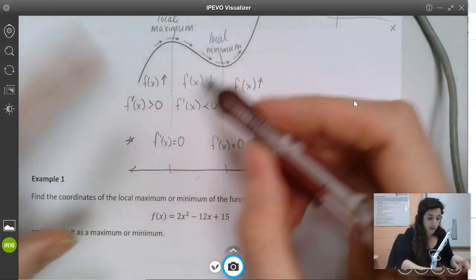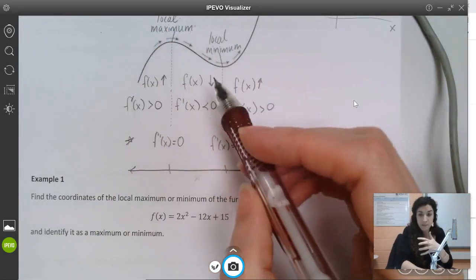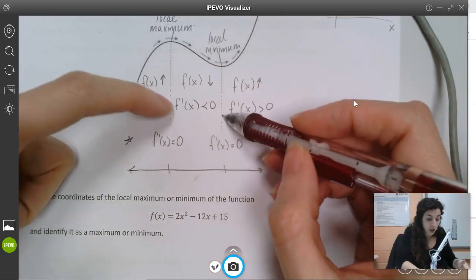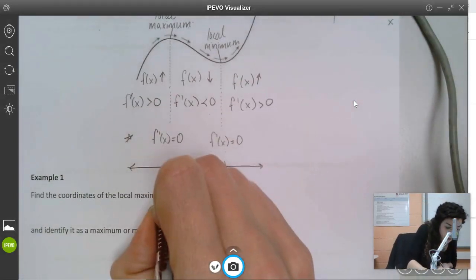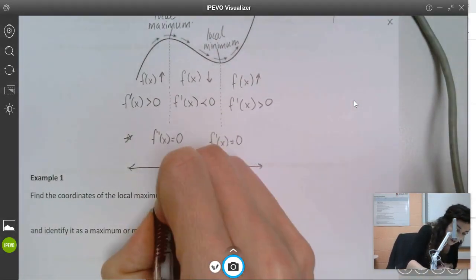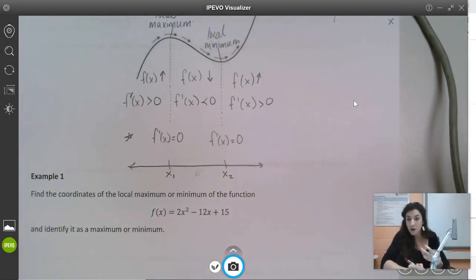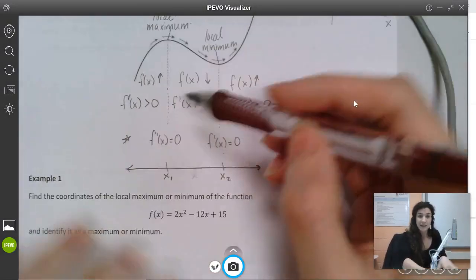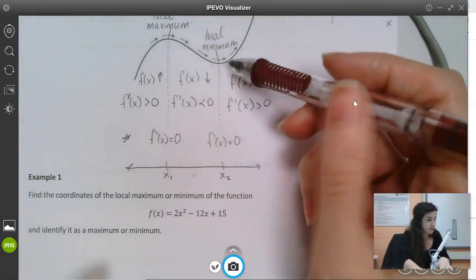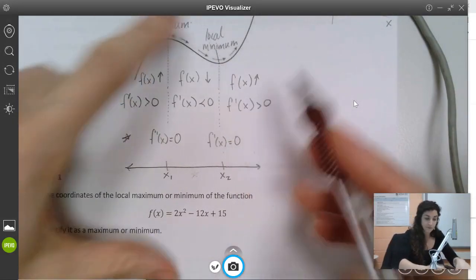Okay, so we know that local maximums and local minimums, or just maximums and minimums, maxima and minima, occur when your derivative is equal to 0. So we have these numbers. I'm going to call them x sub 1 and x sub 2, because they're x numbers, numbers that go with x. It doesn't have to be 2, it could be 1 or 2. In this case, 2, because we have a maximum and a minimum. And these values are when the original function is at the maximum,